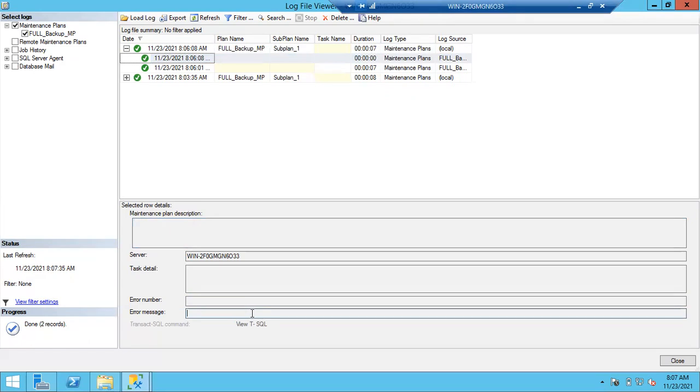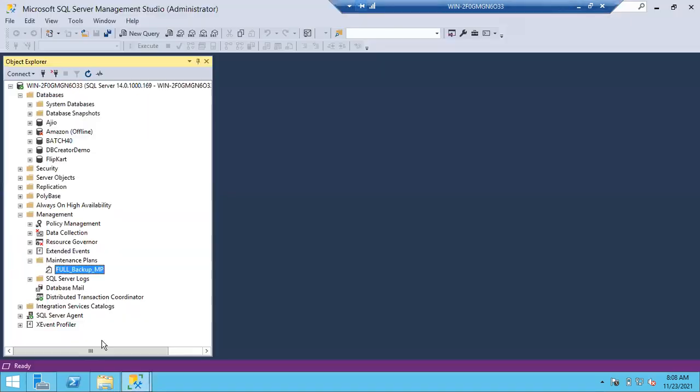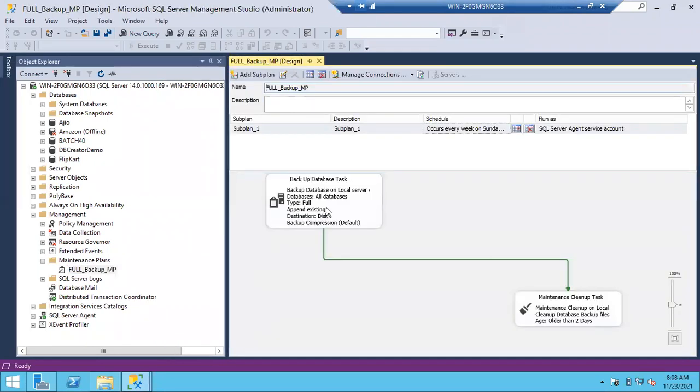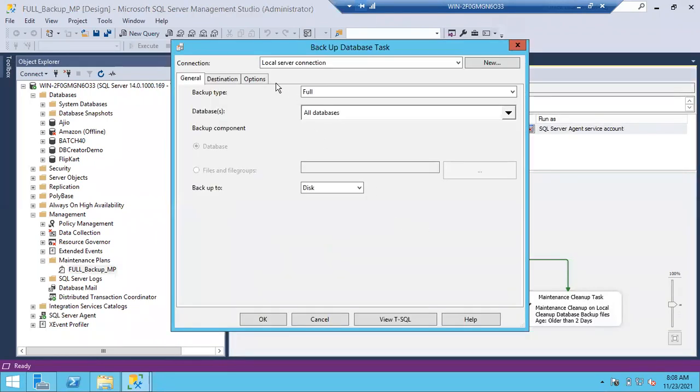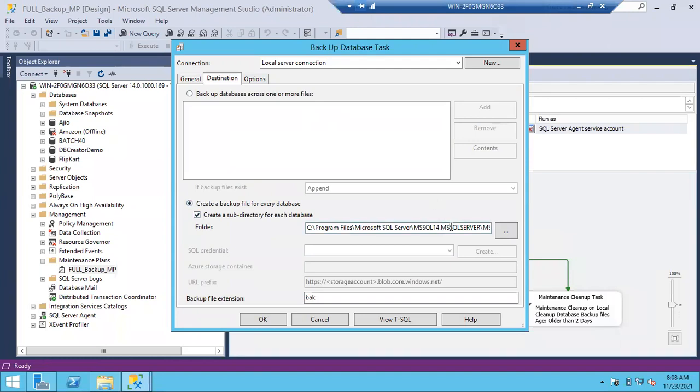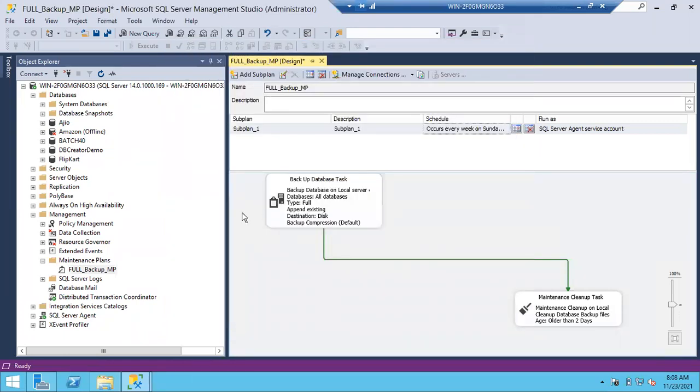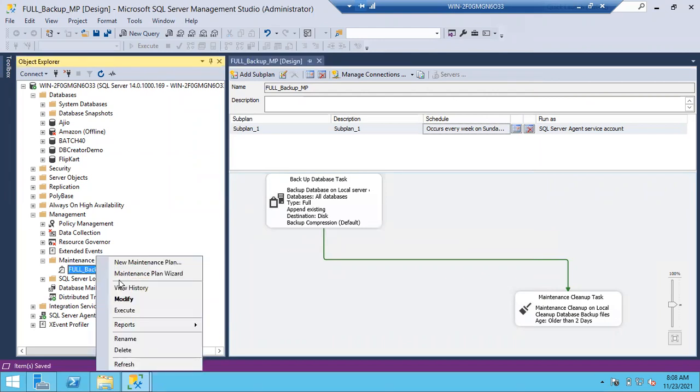Okay, if any error is there, if it failed for some reason, then it is not going to be successful. Then you can see the error here. If you change the path and the path does not exist, you can see here that the path does not exist. If you want, I can show you. Let me go to this maintenance plan and let me change the path for full database. Okay, full destination. What I'll do, simply I'll add one character here to this path, backups. As this path does not exist, automatically it will fail. You can save this maintenance plan and again you can run this.